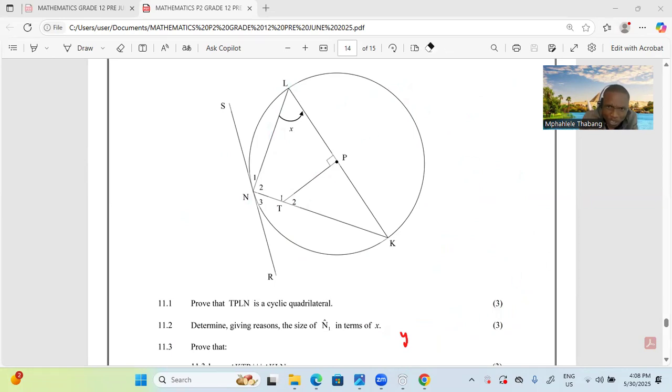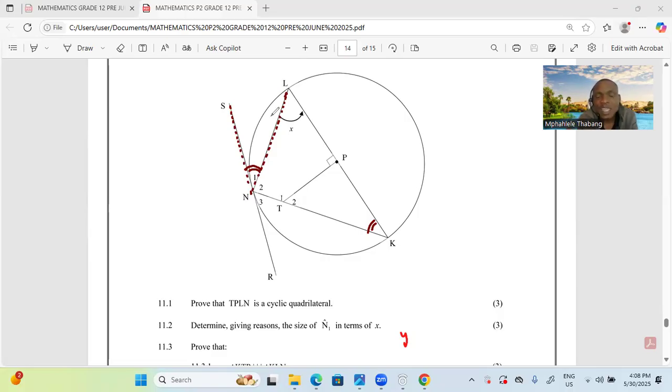What do we know about the angle N1? Maybe this is a very valid question that we can ask ourselves. What do we know about the angle N1? We know that the angle N1 is equal to the angle K. What is the reason? Tan-Chord theorem. I told you that the angle between the tangent and the chord